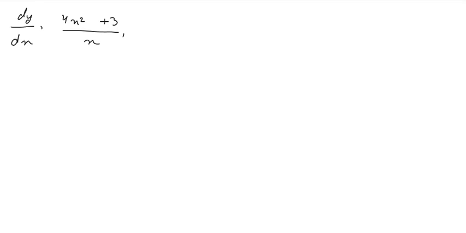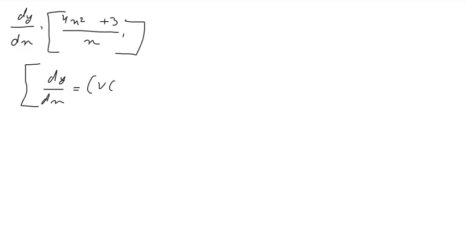So the concept is, we have to follow this rule for dy by dx of any function which is in division form, like (4x² + 3) upon x. Here we use v of x in multiplication with the first derivative of u of x,